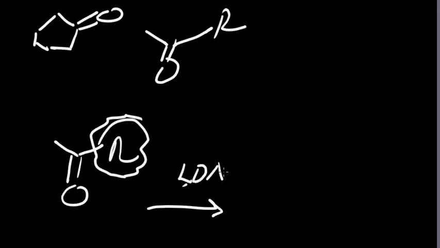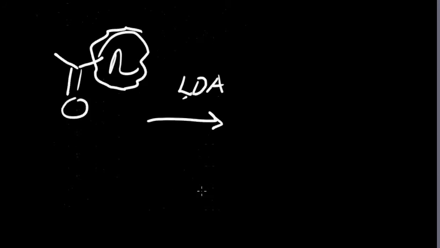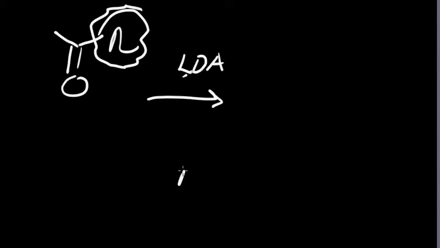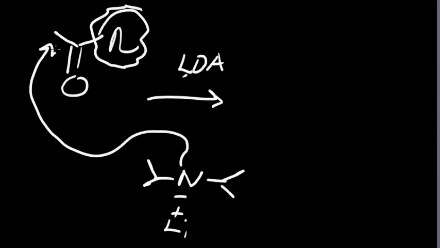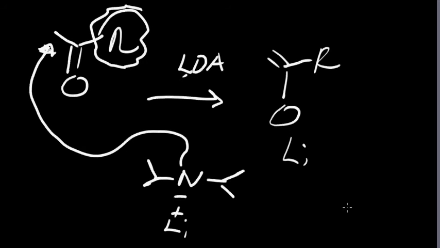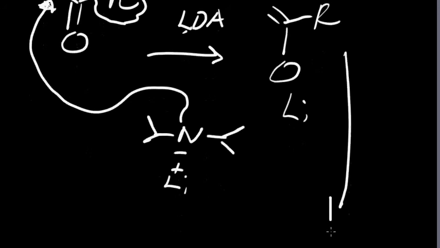If you want to see its structure, it's an amine, so it's an N with 2 bulky isopropyl groups and the lithium here. So this will only deprotonate the least hindered position, giving you the kinetic enolate due to the steric bulk around here and here. So this will give you this enolate, OLi. There's your OR group, and then the next step of the reaction is just, and this would be done in